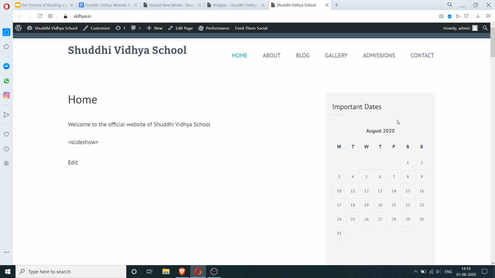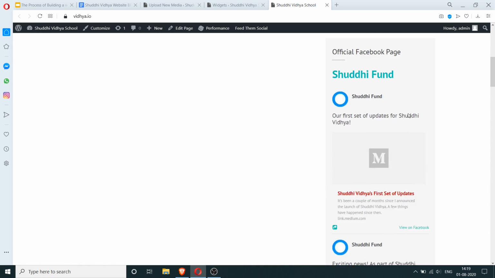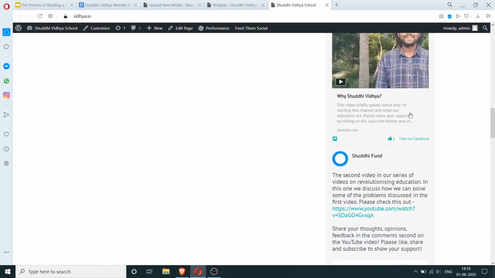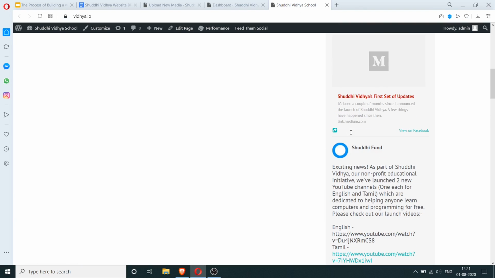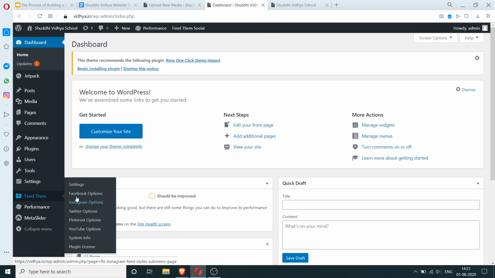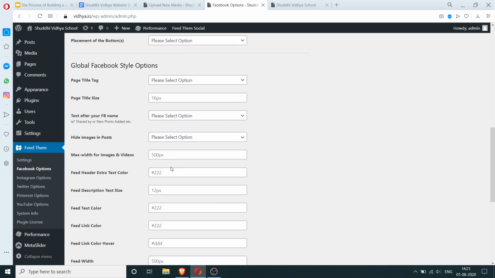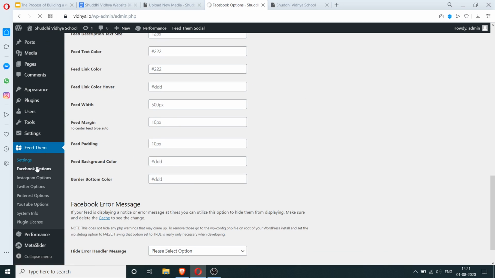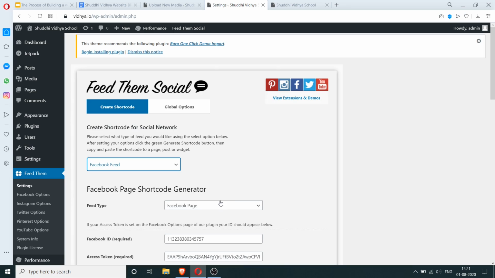Our calendar widget is available here, and right underneath that we have the official Facebook page. Okay, this is fantastic. We have too many posts showing up here. So let's go to the dashboard, and I'm going to go to the feed and click on Facebook options. Or actually I should go to the settings and select Facebook feed.